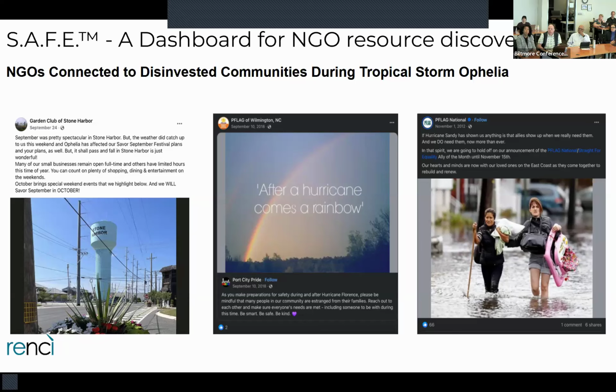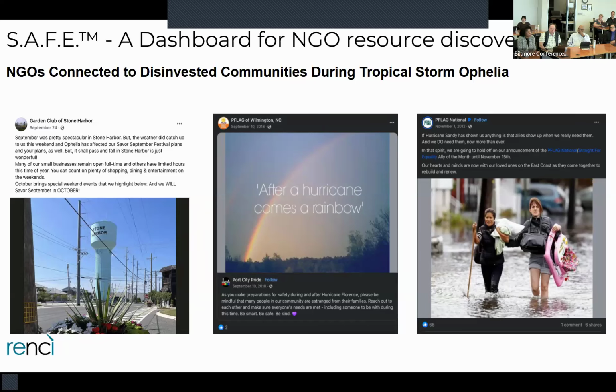By combing through social media accounts, something that we found, we can identify which NGOs are actually talking about the event. That information would be beneficial because, instead of addressing all 1,000 NGOs, based on the social media data that we're able to abstract, we know that maybe 10 of them are actively communicating with their communities and sharing information about a disaster.